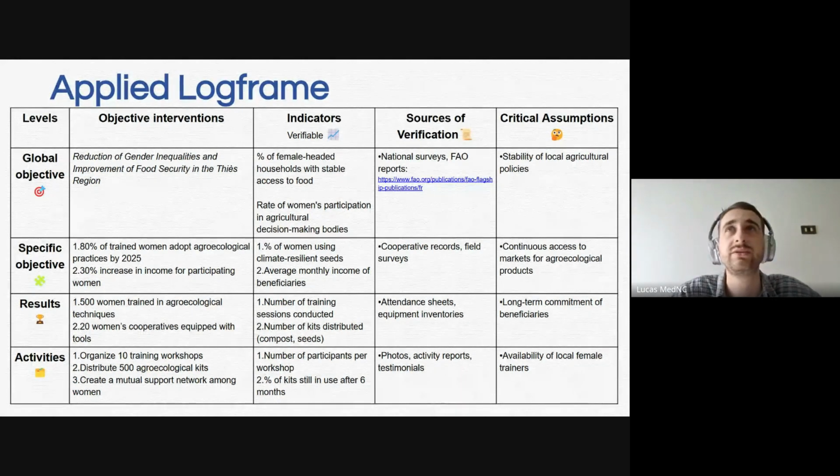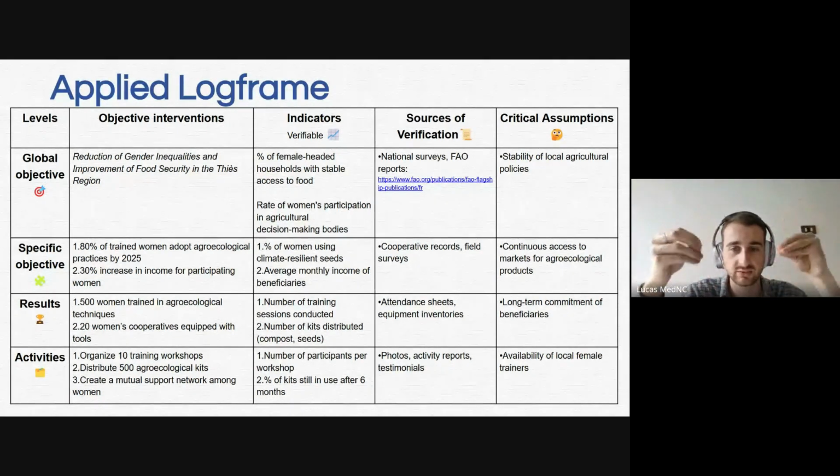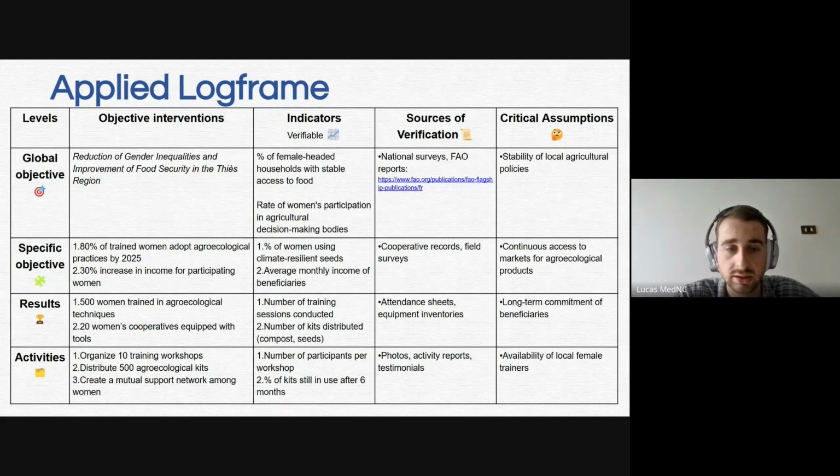I think outcome is a big word, because in the outcome you will have your activities and your indicators. I don't know if you can give me an example of what could be your outcome and how you can implement it here.